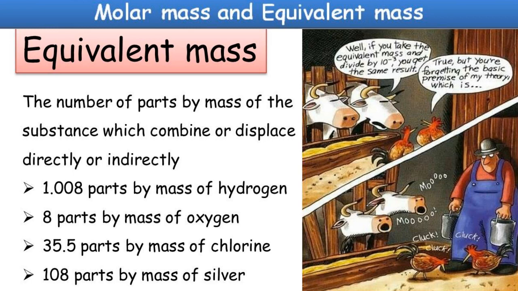These are extremely simple. You can just basically look into these numbers and see hydrogen is same as its molecular mass. Silver is same as its molecular mass. Chlorine is same as its molecular mass, 35.5. Oxygen alone changes because valency of oxygen is -2. So molecular mass of oxygen divided by 2 will give you 8. So that gives you an approximate number.